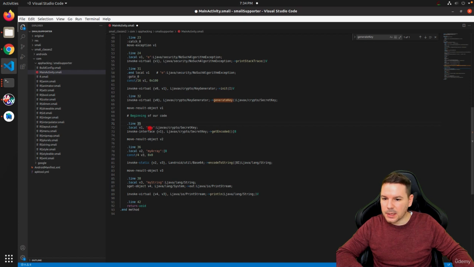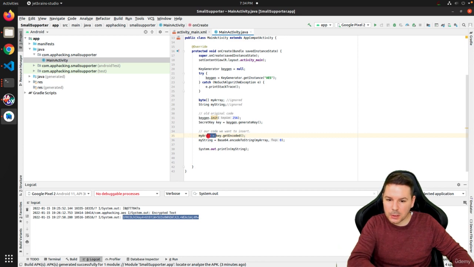Yes, we've got key. This is our secret key. This is v1, and we've got invoke-interface. Oh, it's not invoke-virtual, it's invoke-interface. We've got invoke-interface on our method getEncoded. So this one here is secretKey.getEncoded, and it returns a byte array, which will be stored into v2. If we do not assign this variable in this way, so let's say we are just calling it,